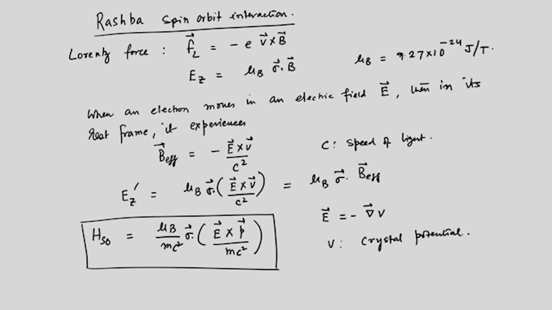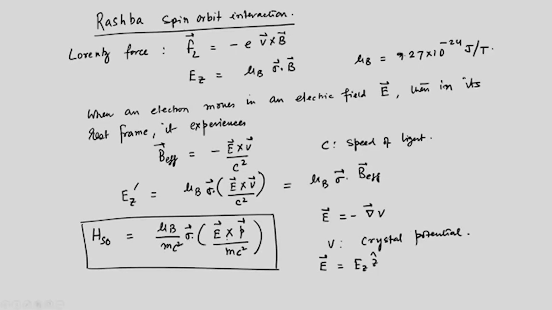Which is present due to the presence of ionic crystals or ionic sites and so on. Now what happens is that if you have a purely two-dimensional sample, which our graphene is, then your E becomes in the direction of Z cap. Okay. So it's in the direction of Z cap. This yields a form for the HSO as